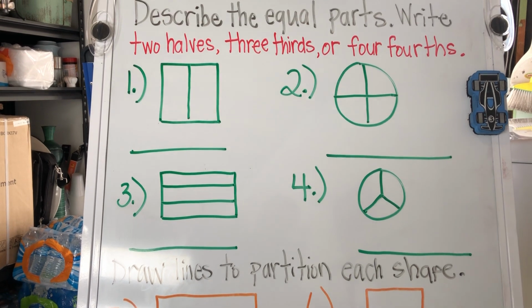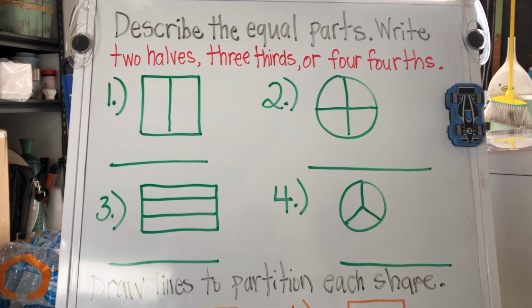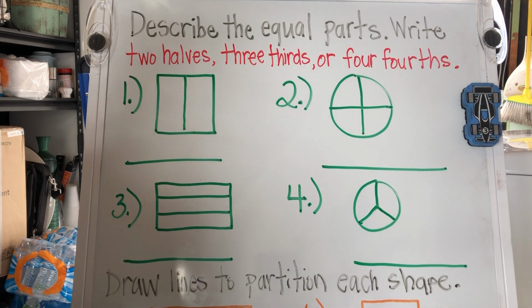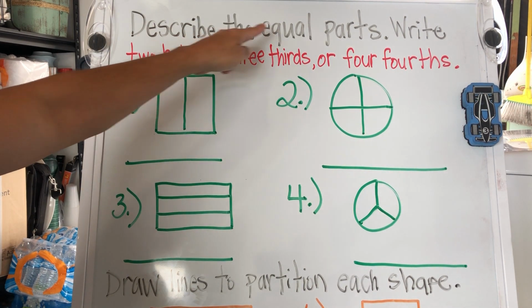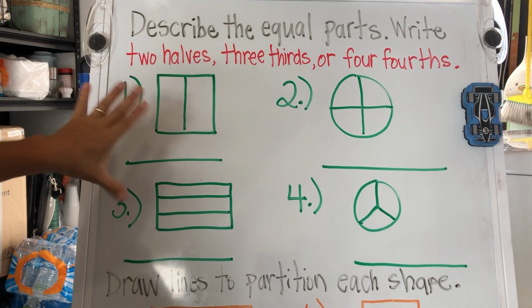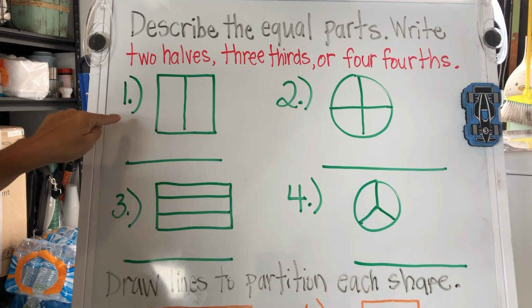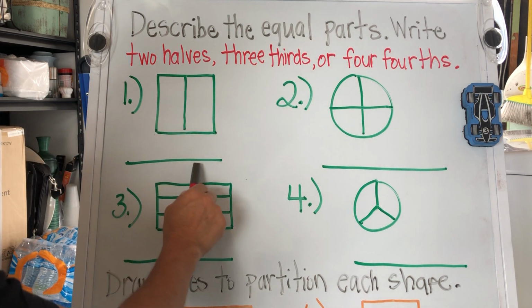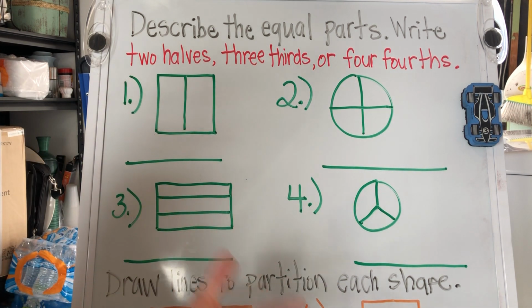Now, what we're going to do here is exactly what it says. We're going to describe the equal parts. So we're going to look at these problems here. Problem number 1, number 2, number 3, and number 4. And on these blank lines here, we're going to describe or write what they are, just like we did on